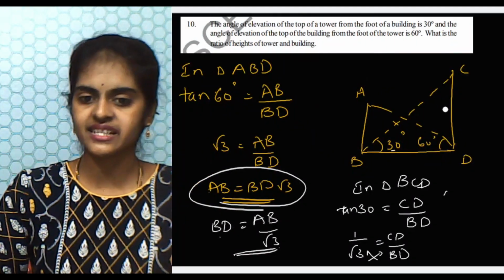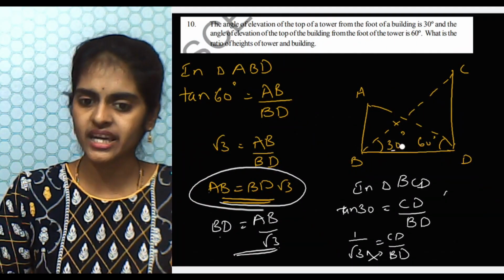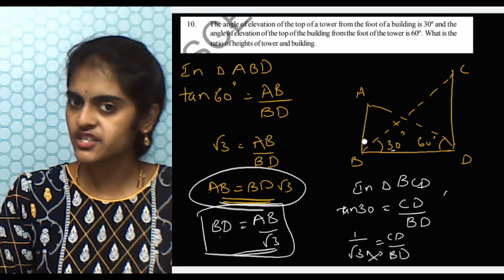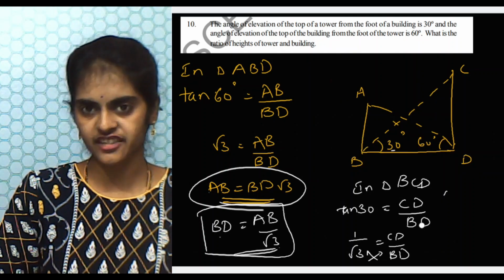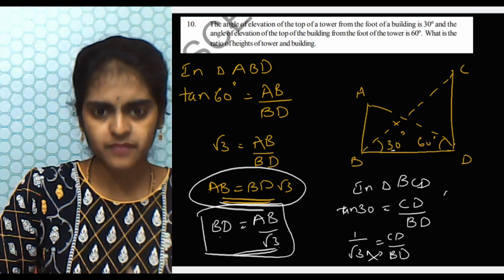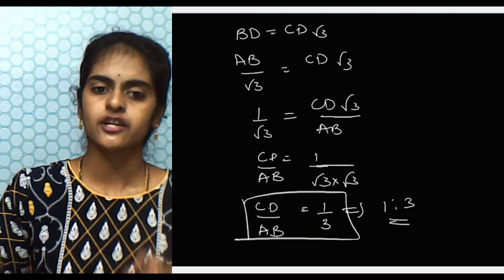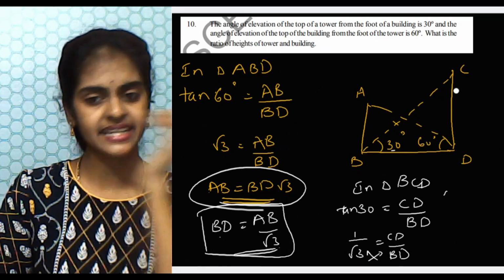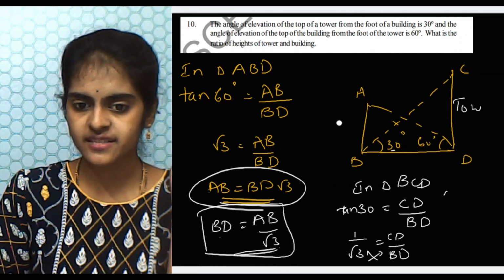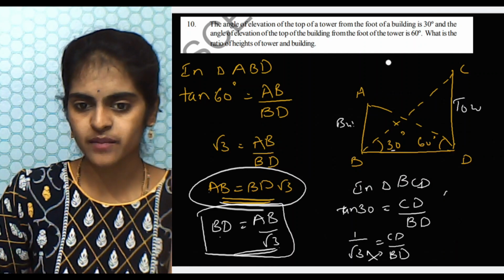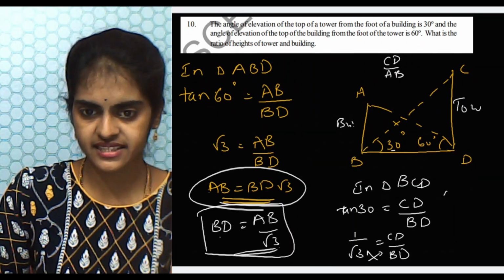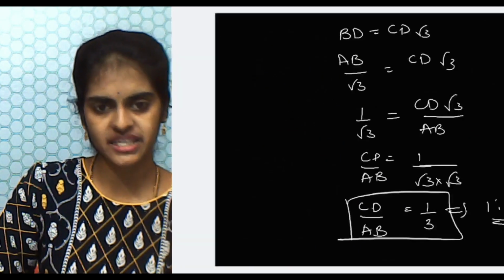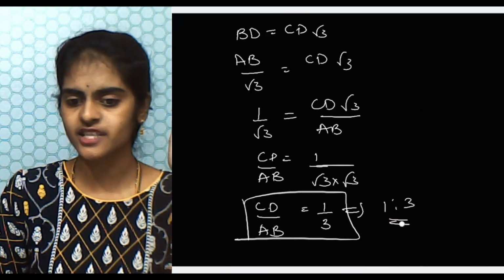So simple. Firstly, take one triangle. Take the next triangle. BD is a common side, so calculate what BD is from the first triangle. Substitute the value of BD in the second triangle. For both triangles you are taking tan. So substituting the BD value here. You just want the ratio of height of the tower and building. Tower is CD, and building is AB. So you want CD by AB, CD divided by AB. This is the ratio. I am just rearranging whatever I got in this form, CD by AB. So the answer is 1:3.